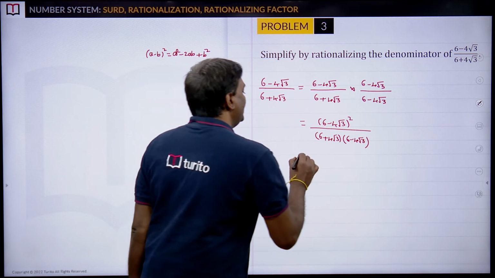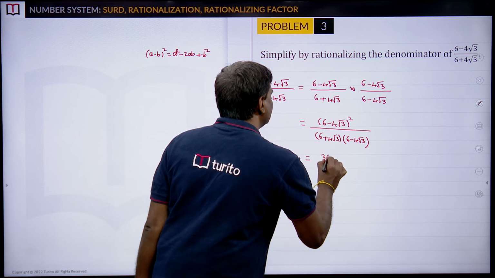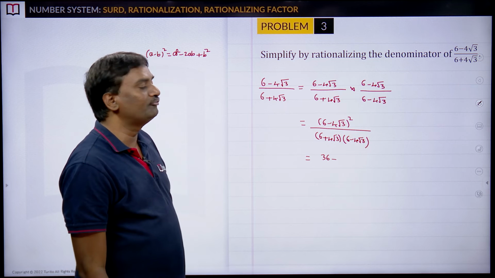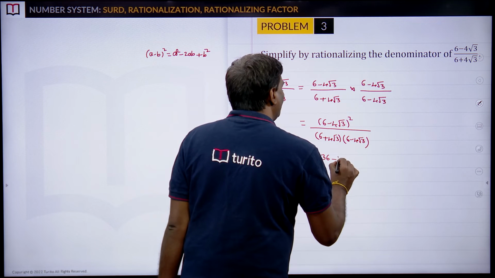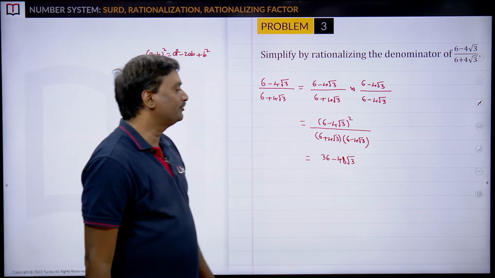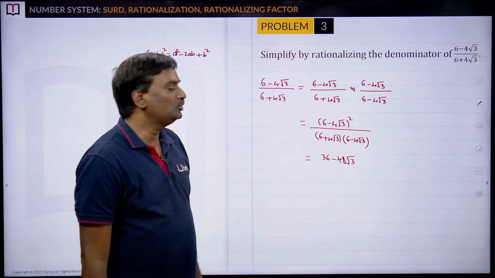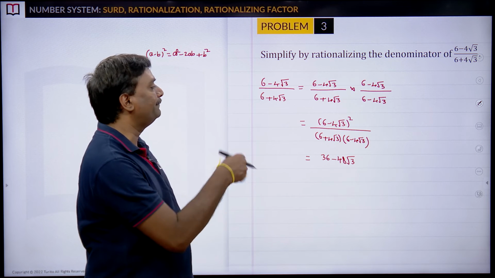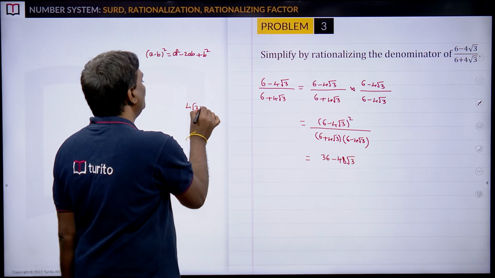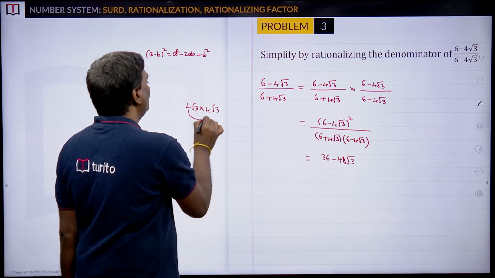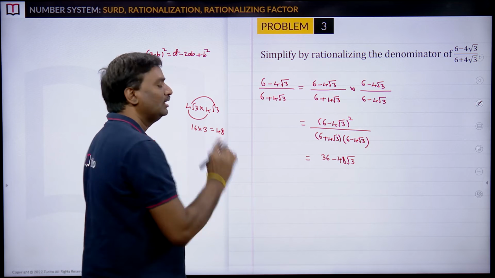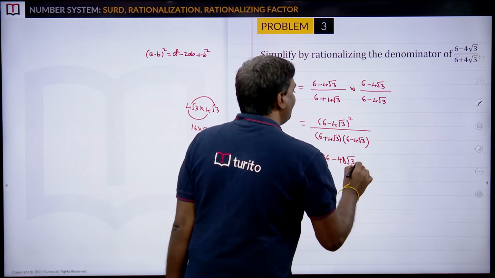So a square is 6 square, 36, minus 2ab, minus 2 into 6 into 4 root 3. 2 sixes are 12, 12 fours are 48 root 3. Plus b square, 4 root 3 whole square, means 4 root 3 into 4 root 3. 4 into 4 is 16, root 3 into root 3 is 3, 16 threes are 48. So, 36 minus 48 root 3